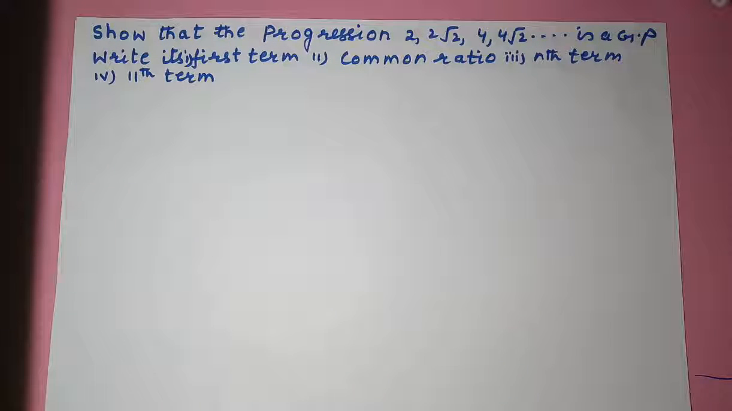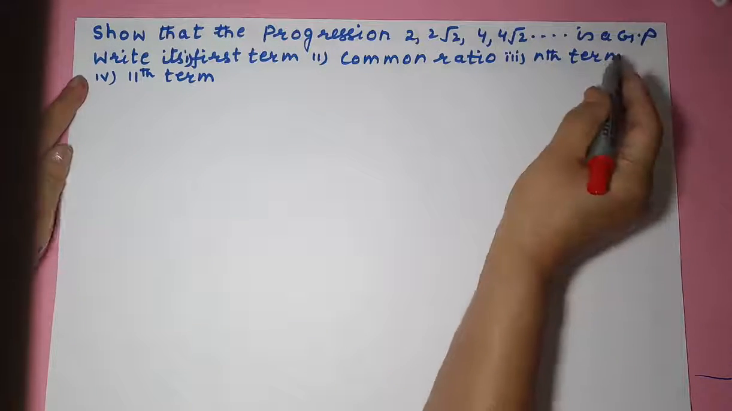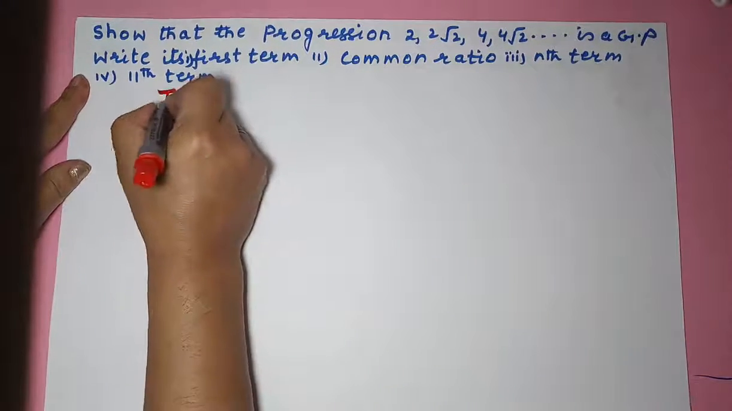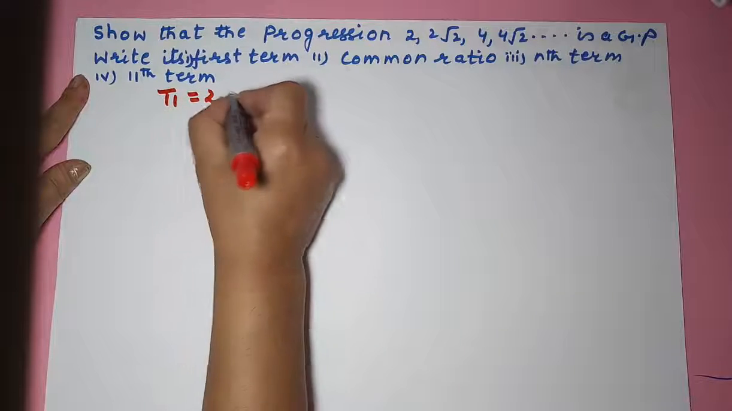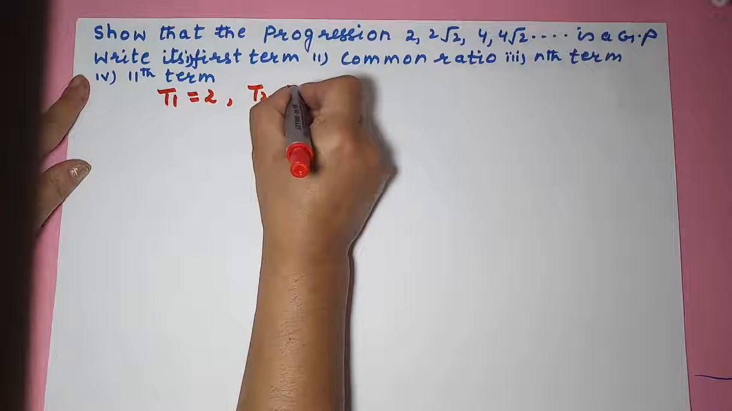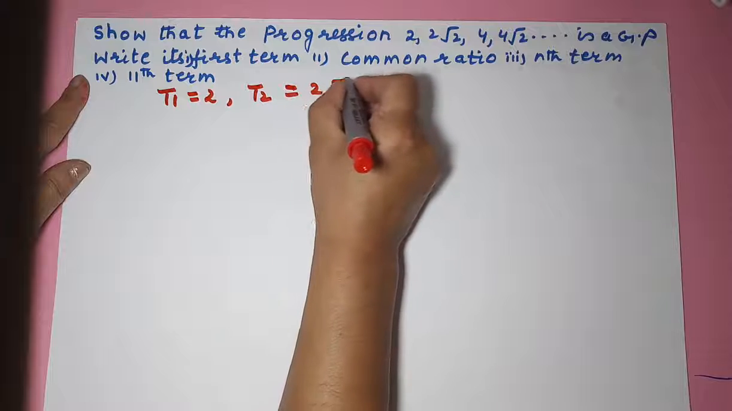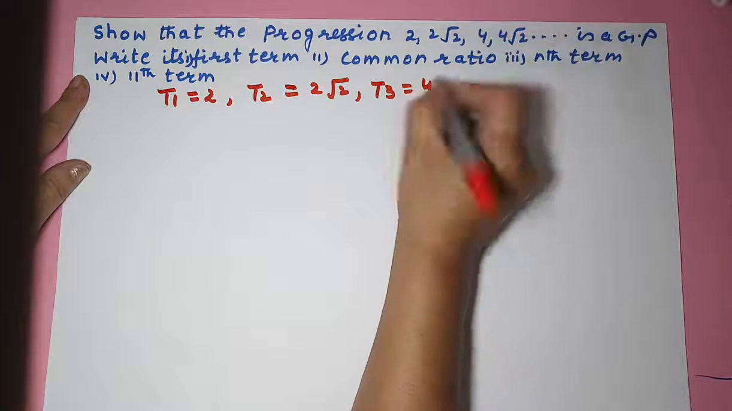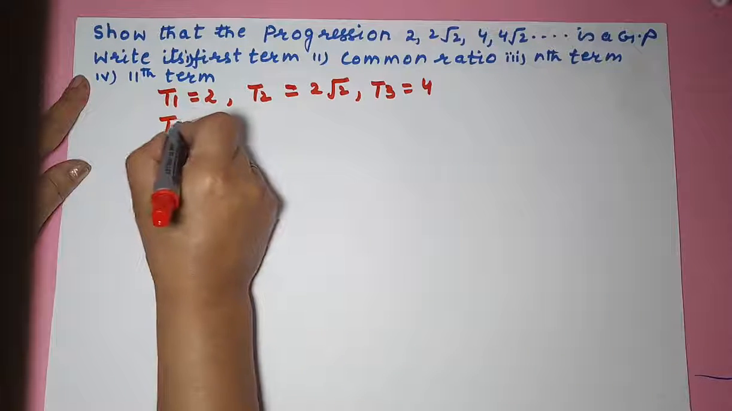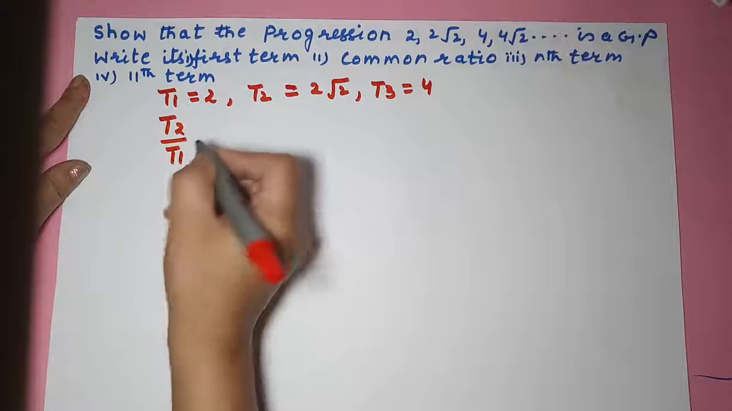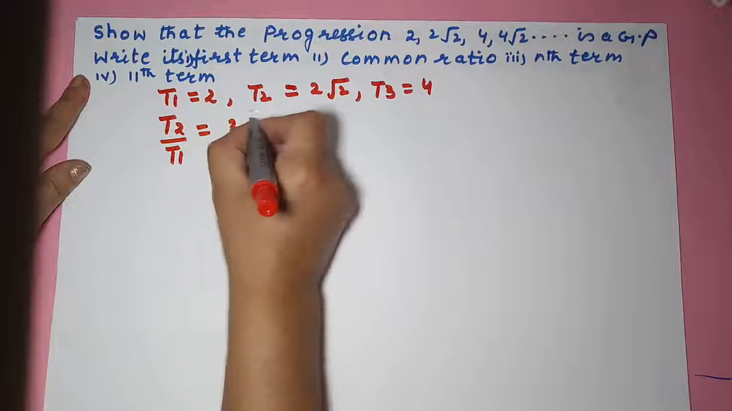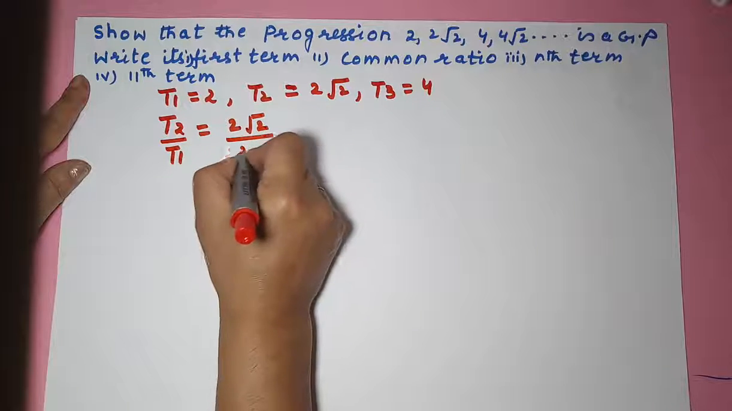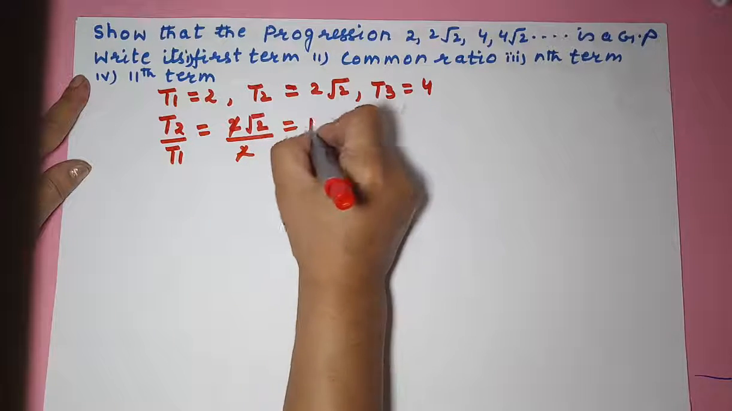In the next question, the progression is given to me. So I have to calculate whether this is in GP. So what do I do? T1 is 2. T2 is 2 root 2. T3 is 4. Let me find whether T2 upon T1, which is 2 root 2 upon 2, 2 and 2 will go, I am left with root 2,